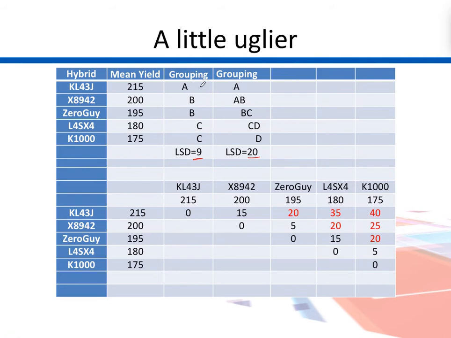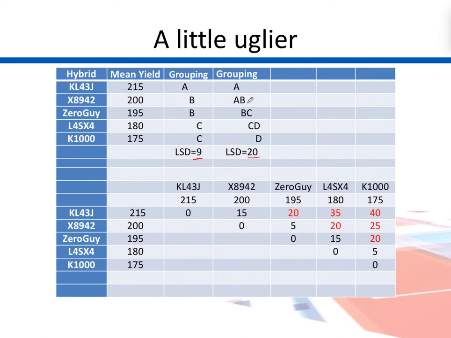So they are all now sorted. So we see 3 groups here. This one is different from the rest of them. These two are similar, these two are similar. These two are different from these two, and this one. So in total we have 3 groups here, A, B and C. This gentleman belongs to A, these two belong to group B, and there is another group C that emerges here.